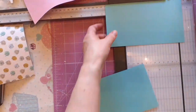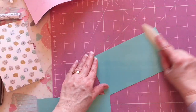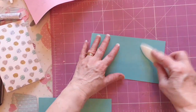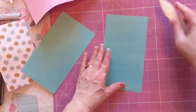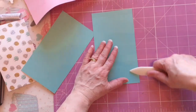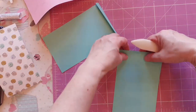Okay, so just move my trimmer out of the way. Now if you've got any rough edges, just go through and make sure that all your edges are flat. So I'm just going to go round all my edges just to make sure that they are completely flat. There we go. And this one as well, just making sure I've missed nothing, and turn it over. Just make sure that there's no edges coming up. Then I'm going to burnish my score line 1/2 inch like this,